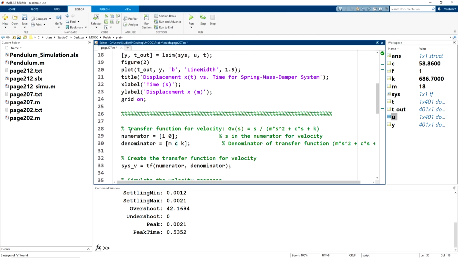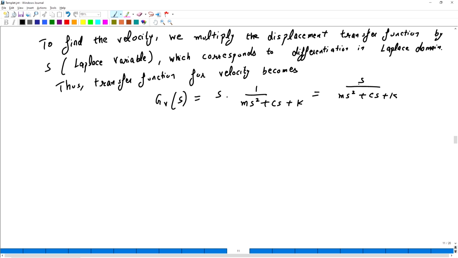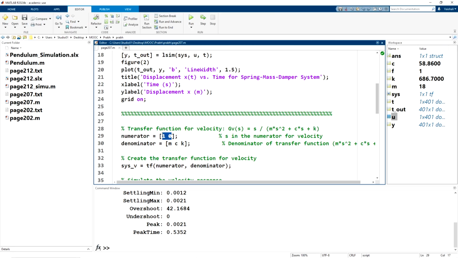Now see here, transfer function for velocity. So here numerator is now 1 comma 0. So here in the numerator we have the coefficient of s is 1 and s to the power 0 is 0. So their coefficients for the numerator are 1 and 0, which in vector form we can represent in these closed brackets.